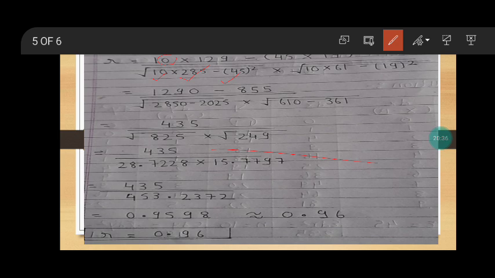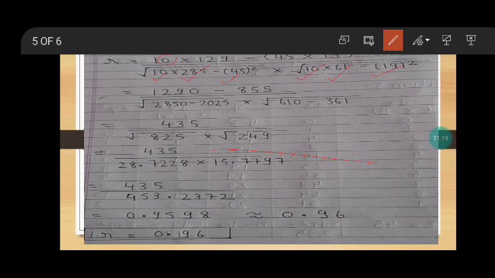Then into under root n into summation dy square minus summation dy whole square. So again the value of n is 10. Okay, and the value of summation dy square is 61, that you can see in the preparation chart, and then minus summation dy whole square. So we have seen in the preparation table that the value of summation dy is 19. So here we are going to take the whole square of summation dy, that is why we have written 19 square over here.